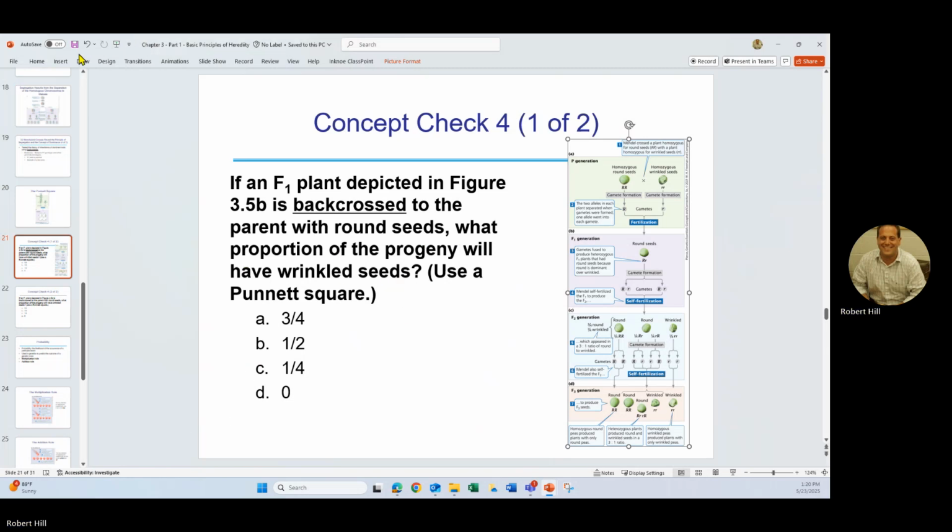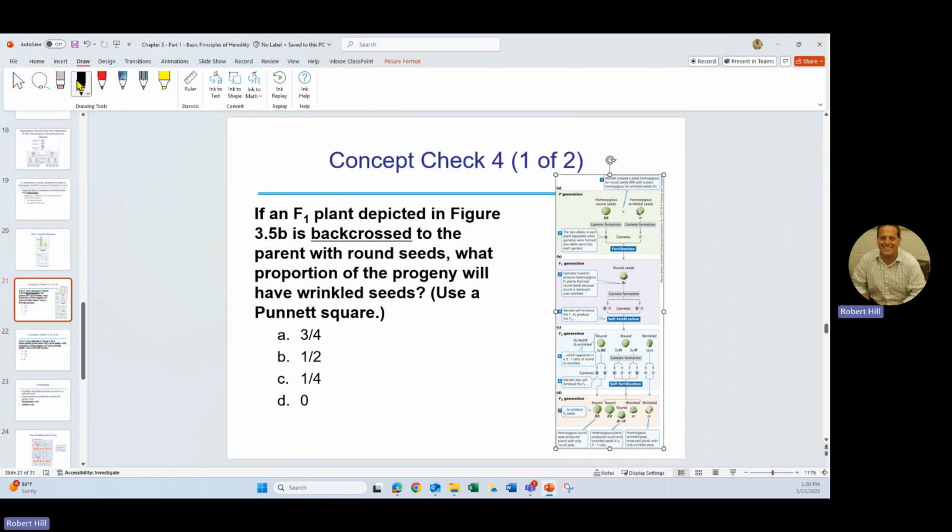Well, if I can get this thing to work. So if we're crossing big R, big R with one of the F1s, right? So this is our progeny. It's going to be big R, big R, big R, big R, big R, little r, big R, little r. 100% of our progeny is round,